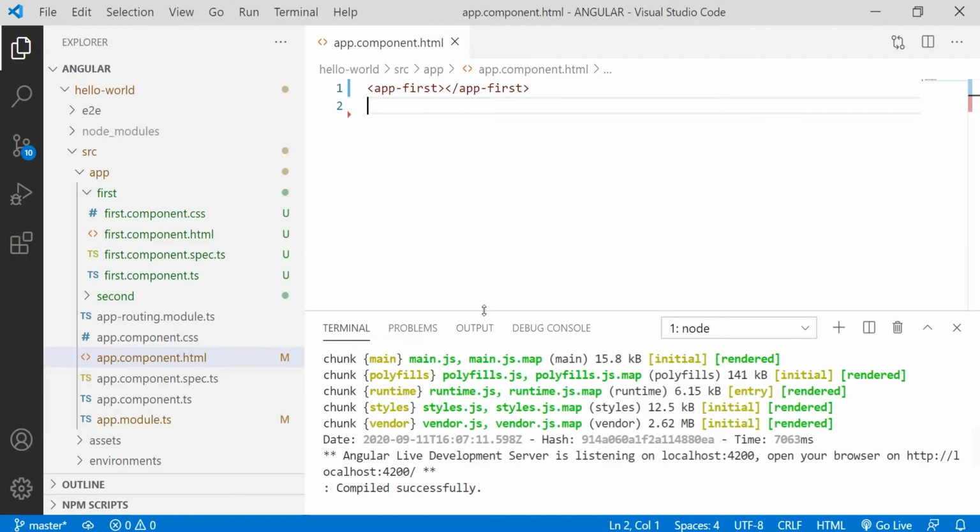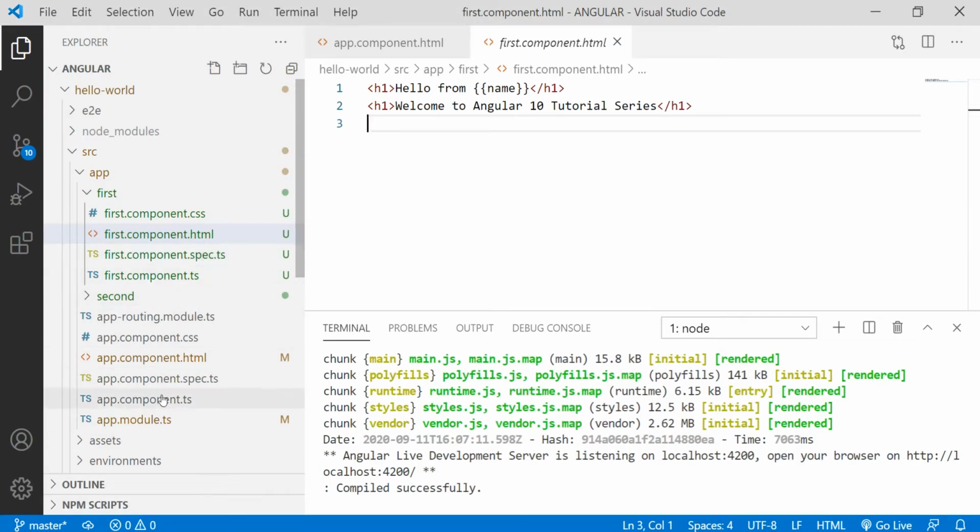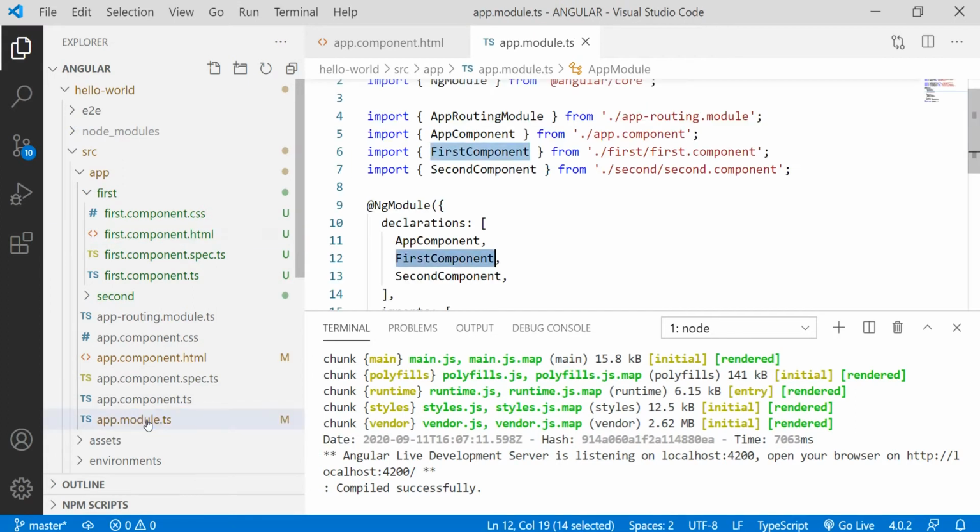As app.component.html contains the selector of the first component, which in turn consists of two h1 tags, we are able to render this view. But remember, this first component is residing in app.module.ts.